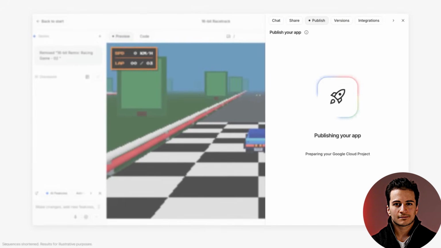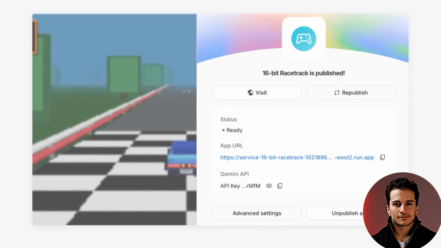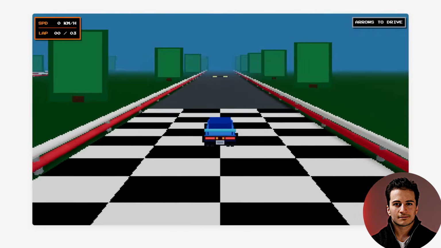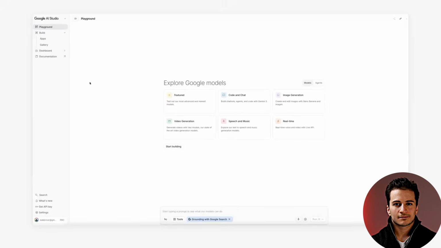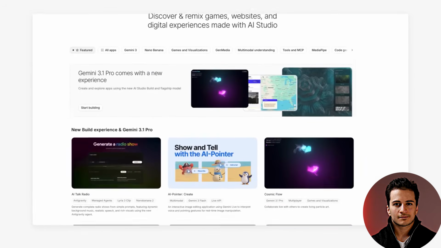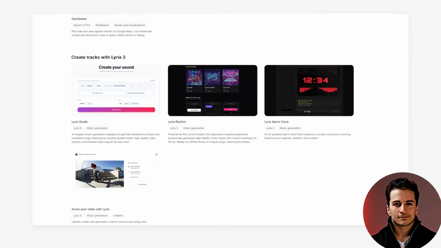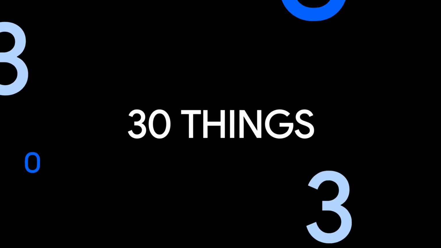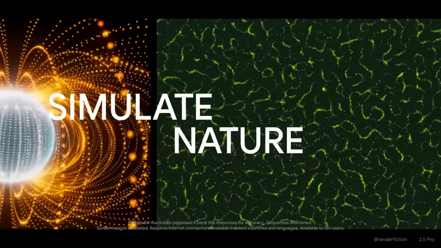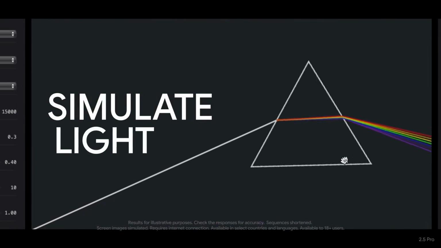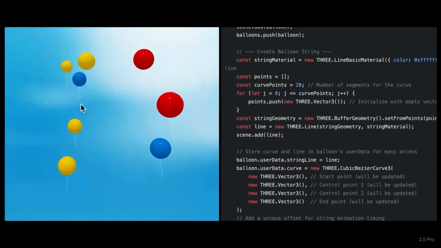The Build tab now runs on Gemini 2.5 Pro, which means better output across the board. You can keep chatting with it after the first build to refine and adjust things, compare different versions side by side, and roll back to an earlier checkpoint if something breaks along the way. Deployment to Google Cloud Run is built in and just one click. There's a new experimental URL context tool that lets the model actually read and pull information from links you give it while you're building, which is genuinely useful if your app needs outside